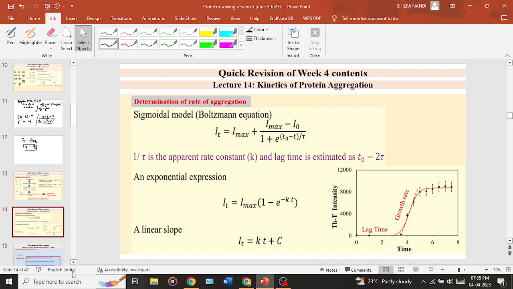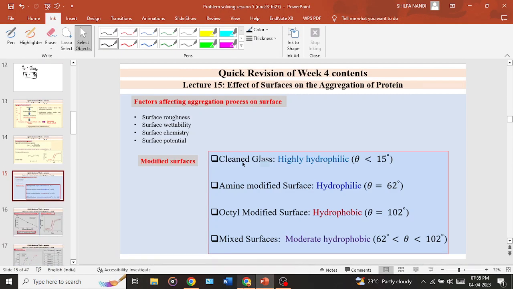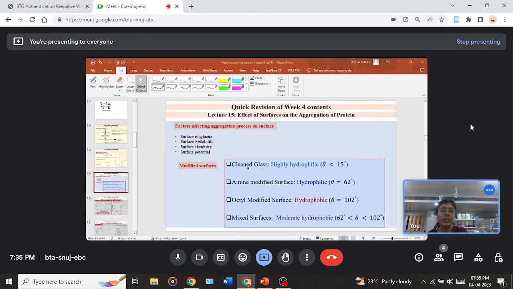Okay, next we went through lecture 15, which is the effect of surfaces on aggregation of proteins. What we studied here are various factors that affect the aggregation process on a surface. These factors are surface roughness, surface wettability, surface chemistry, as well as surface potential. We will see the effect of surface roughness on protein aggregation as well as